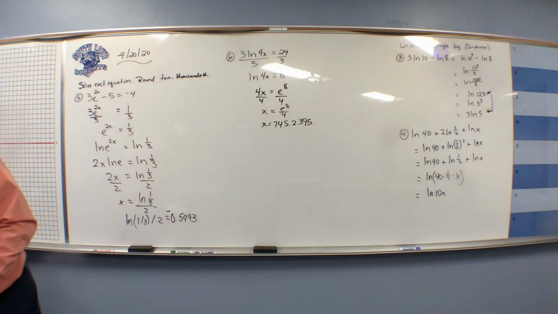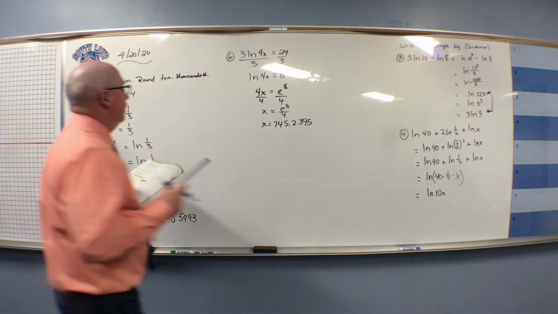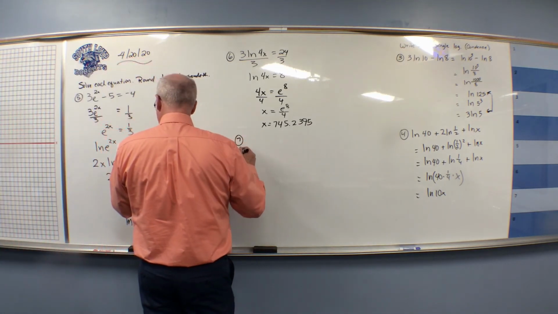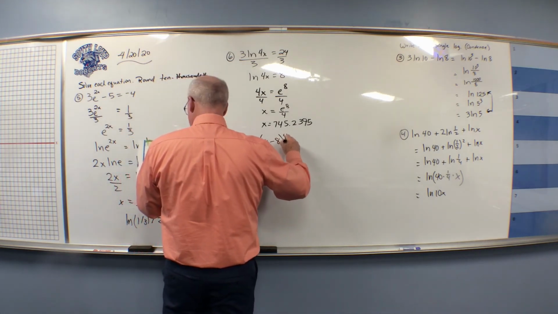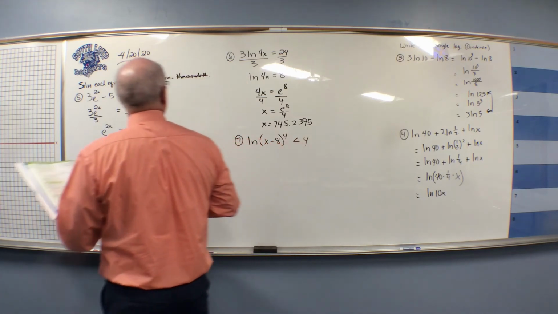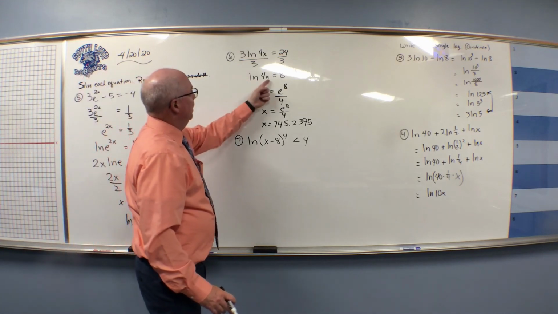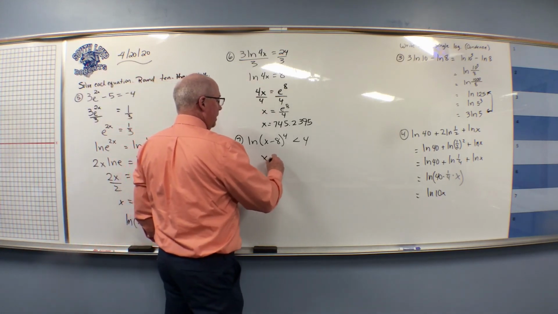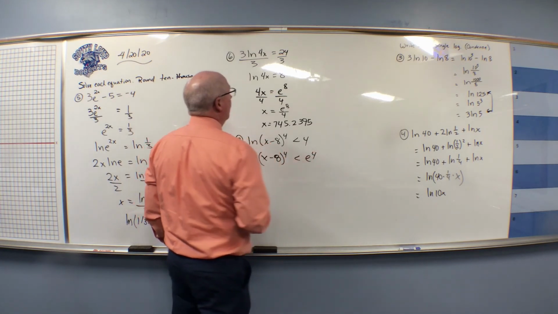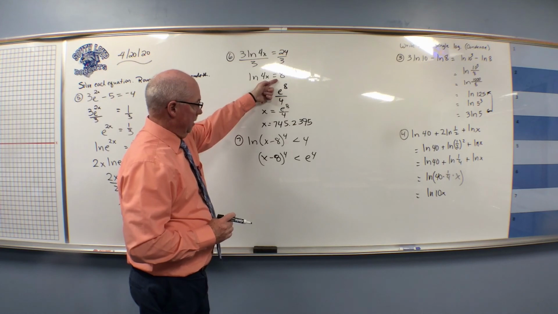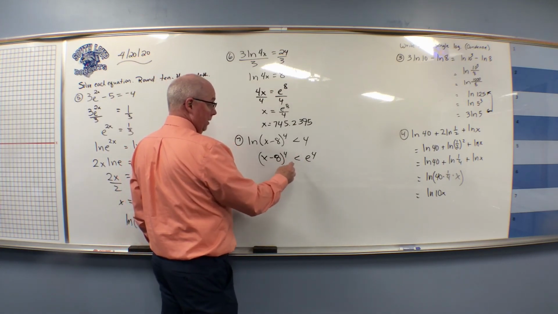Now let's take an inequality, which is a little different look. I'm going to go the natural log of x minus 8 to the 4th power is less than 4. Now you've already got the natural log solved for, just like you did here. So x minus 8 to the 4th power is less than e to the 4th power. That's what we did here. This is the exponent. Since we have that, we can take the 4th root of both sides, which